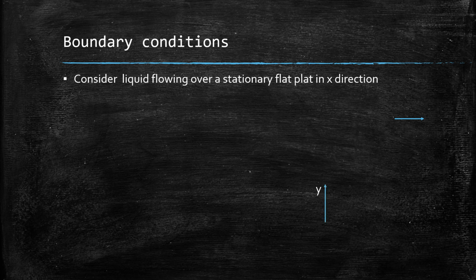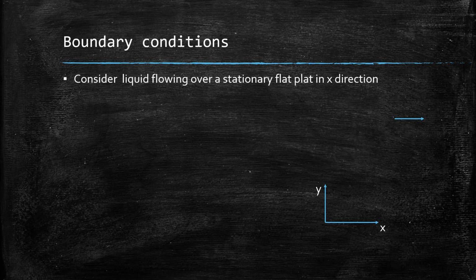Now we'll come to boundary conditions. Once we are done with the basic forms of the equation, we come to boundary conditions. As we have already discussed, these conditions are necessary to solve a particular equation and to have a property as a function of some scalar quantity, right? So boundary conditions are very essential in solving all the scenarios that we are going to come across. So what are boundary conditions?